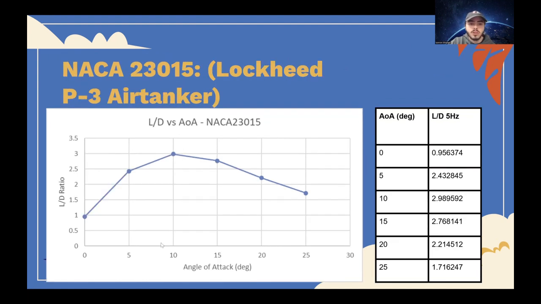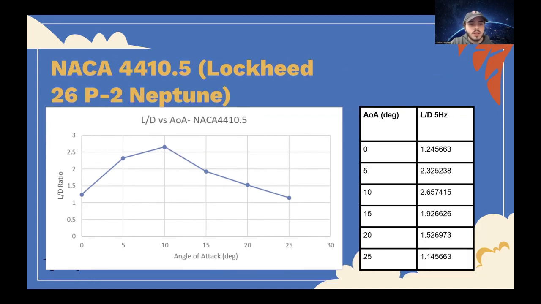Then the NACA 23015, which was the Lockheed P3 air tanker, peaked at 10 degrees angle of attack, and this was almost 3 L over D for the max. The NACA 4410.5 is the Lockheed 26 P2 Neptune. This also peaked at 10 degrees angle of attack, at about 2.65 for the lift